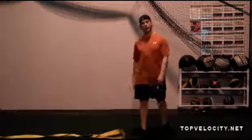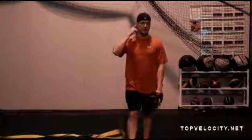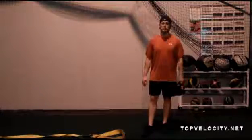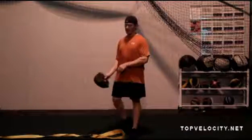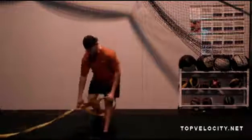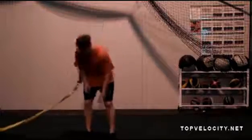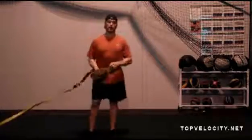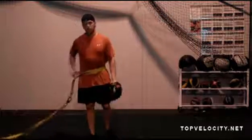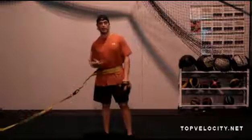This drill I battled with. I wanted to put it in my advanced drills, but I decided to put it into my beginner drills because of one thing, which is the force vector. I get a lot of questions about the force vector, about how to coach it, because once they learn it, they realize how critical it is to explosive pitching. So this is really a drill that is going to help you understand it and implement it and develop the